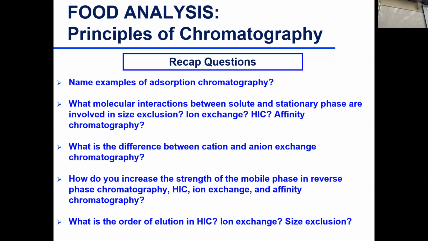If it's high salt concentration, your proteins' charges are covered by the salt, so they interact better with your hydrophobic stationary phase. So now if I want to get them out, I want to increase the strength of the mobile phase. What do I do with the mobile phase? I know you guys know, I need the others that are shy. So you start with salt, you want the protein to come out. What do